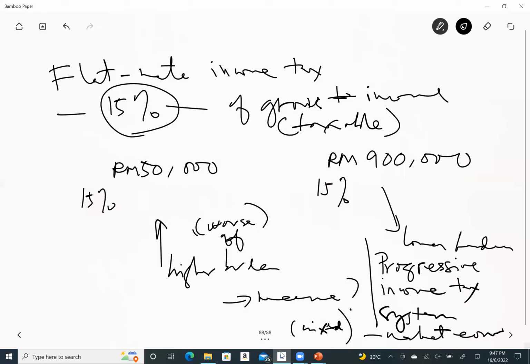I think one country last time used a flat rate. I think the UK tried a flat income tax rate. They tried it once, for one year, and after that they went back to progressive because people were not satisfied. So this is the system of income tax. Under the progressive income tax,